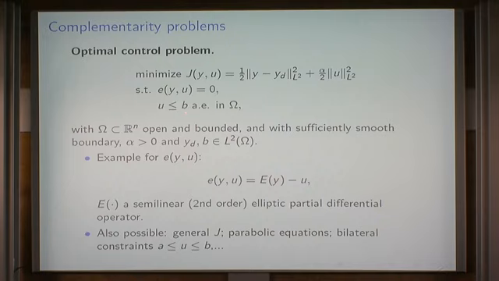Okay, so there's one example. I think this is still not very illuminating here, but replace E by the negative Laplacian, replace E by some other second order elliptic operator, could be a semilinear operator, could be anything. Could be also parabolic, so we did it also for Navier-Stokes and other kinds of problems. But in the simplest version, you may think of minus Laplace y equals u and u less or equal b. Okay, and this would be the